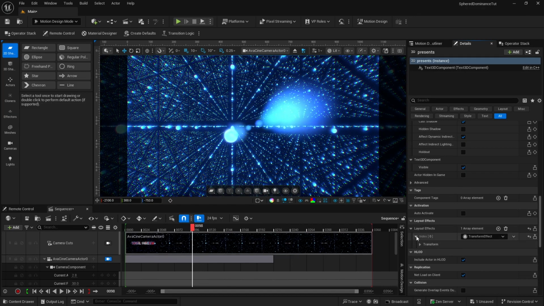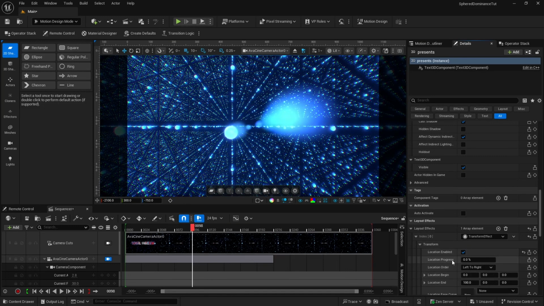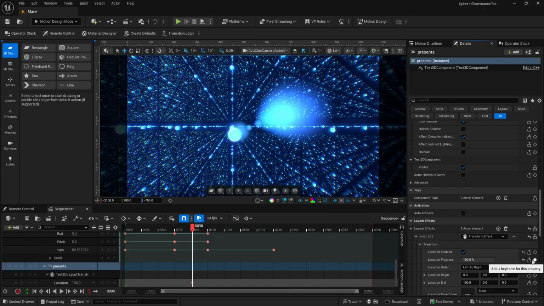We'll scroll that open and go into transform. Now we have location, rotation, and scale. For this one, I'm going to use the location and the scale, so we'll enable both of those. I'll first set up the animation for location. The location progress is the way I'm going to animate this, so I'm going to go ahead and set it up to 100%. And at that point in the sequencer, I'm going to set the first keyframe by clicking that diamond right there. I want the location order to go right to left, so we'll change that. And then I want my location end to be